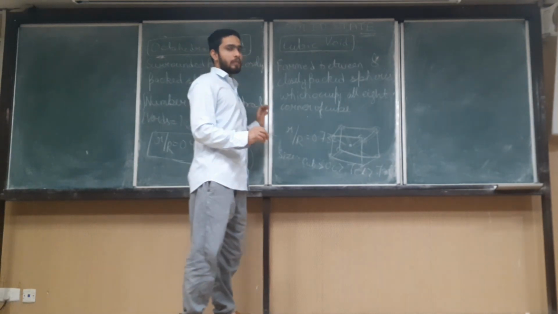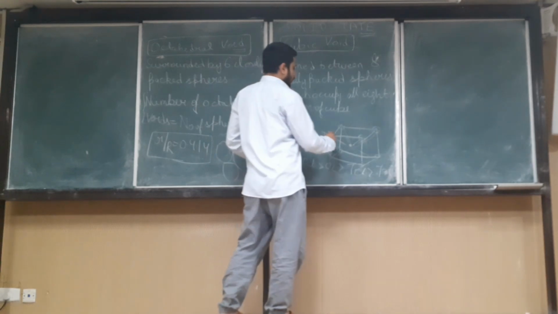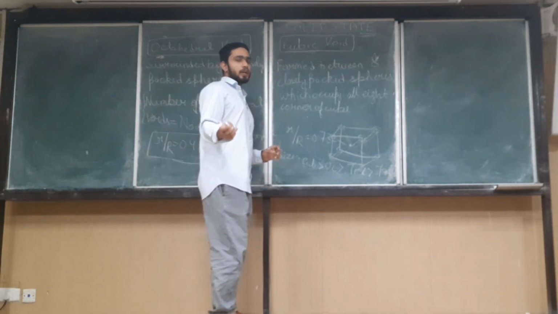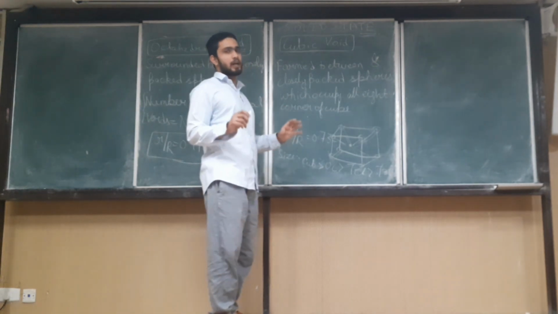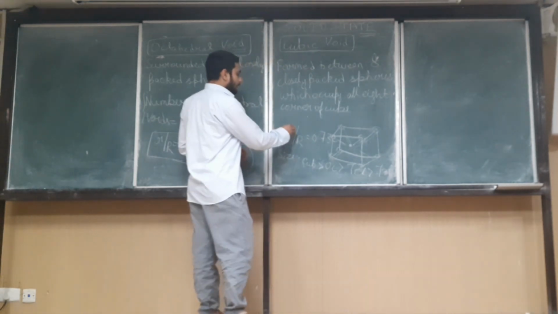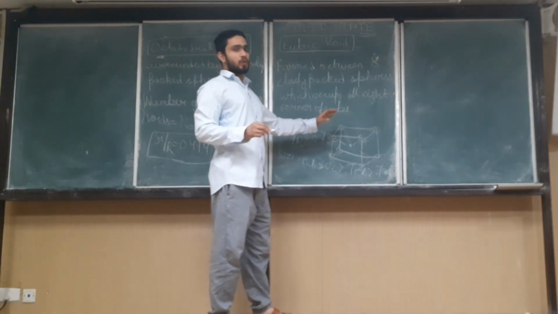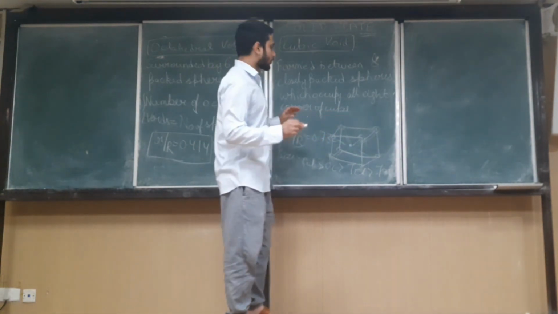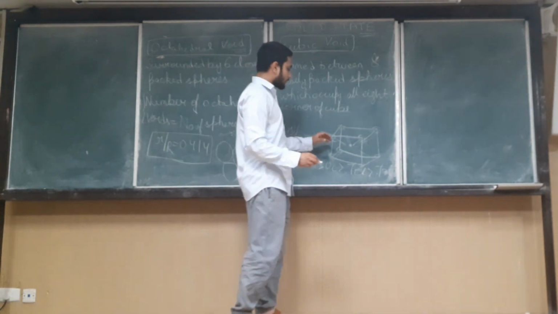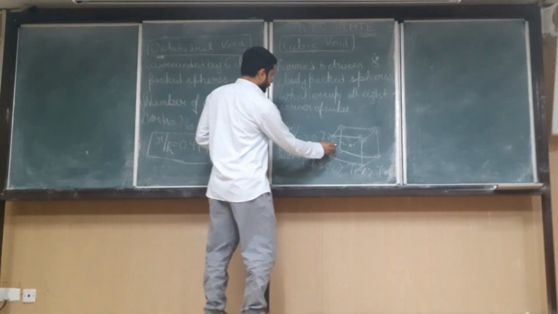6 were involved for forming an octahedral void. So 8 spheres are involved, and in this particular cube, whenever the 8 atoms are arranged at the corners of the cube, the space left at the center of the cube is called the cubic void. The radius of this cubic void and the radius of the spheres which are involved for forming it are related as small r by capital R is equal to 0.732.